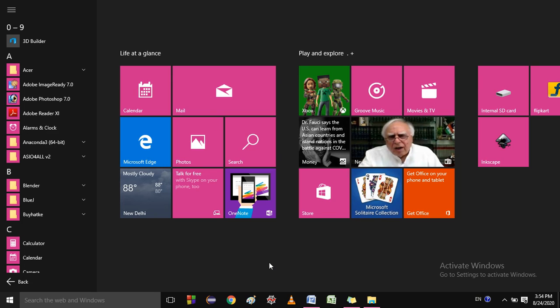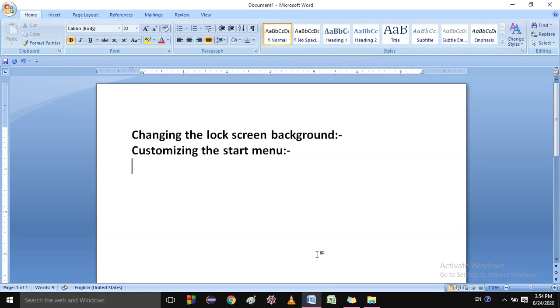Okay, so next one is to remove a tile from the start menu. How you can remove a tile from the start menu?